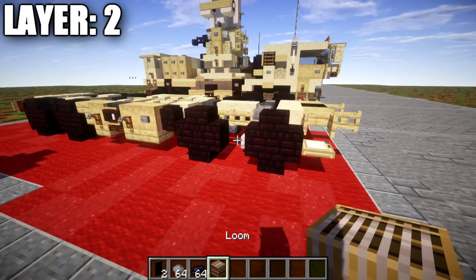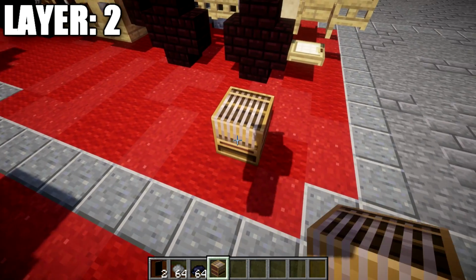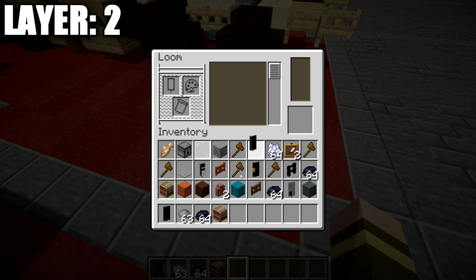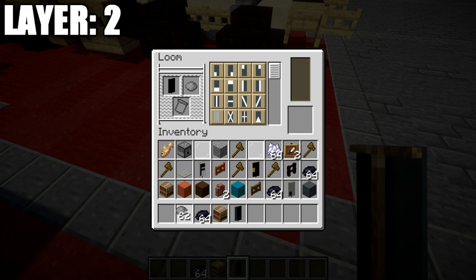If you watched some of my recent tutorials, you probably have a good idea how to make these. They're pretty straightforward. We're just going to go ahead and place down a loom, go into our loom, we're going to place down a black banner, and we're going to go ahead and do a gray line here on the left side. We're going to grab that banner, put it back into our inventory, and then we're going to go ahead and take our other second black banner, and we're going to go and do a gray line over here